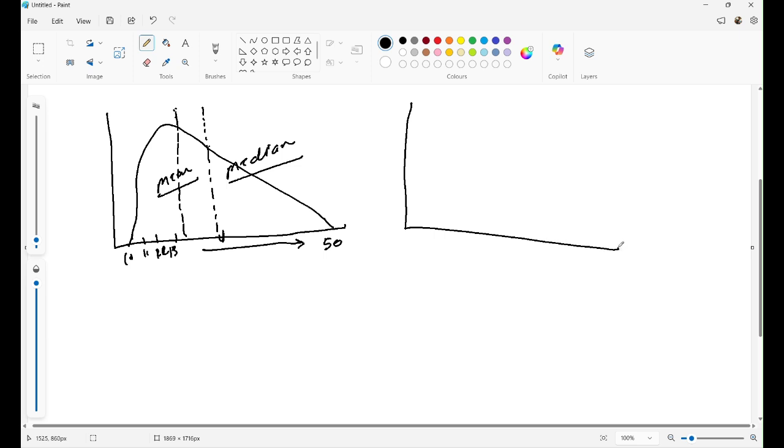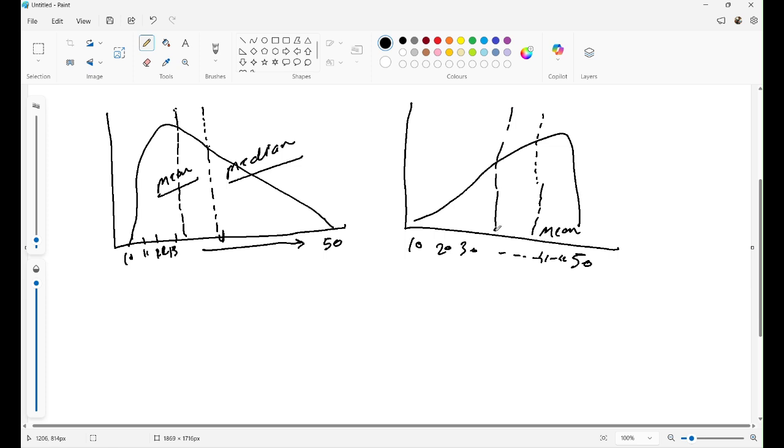Let's take another example. So you have another data set where you have data like this, okay, and then your range is again 10 to 50, and then you have 20, 30, and then you have 41, 42, and then the majority of the values are concentrated here. Okay, so your mean is going to be somewhere here. If we calculate this, then this mean is going to be here, and then your median is going to be the center point here. Okay, so this is going to be your median value,